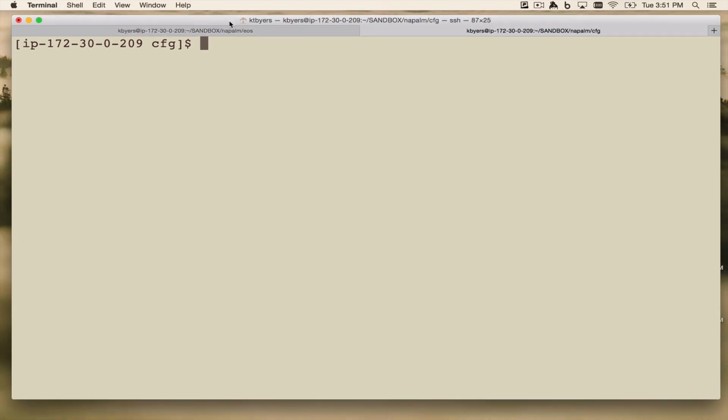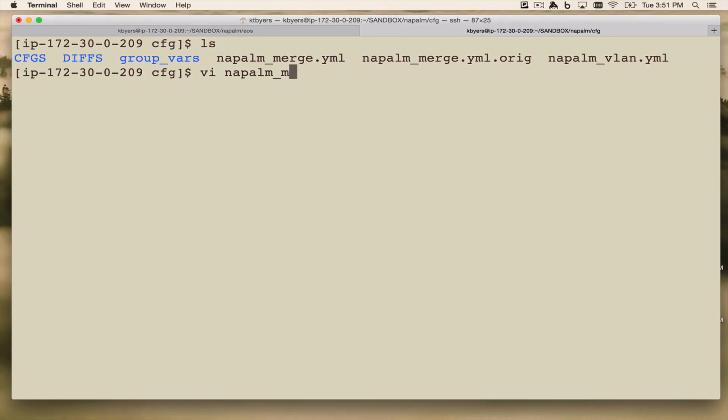Now let's start talking about some of the most important aspects of the NAPALM Ansible modules. And I think these are the configuration features that NAPALM Ansible provides for you. NAPALM Ansible has a set of very good configuration abstractions, and let's look at how we can start to use these. So here I have a playbook called